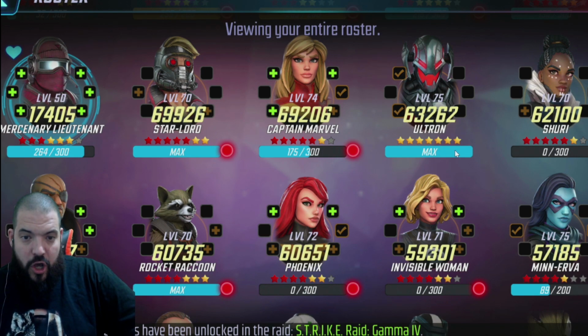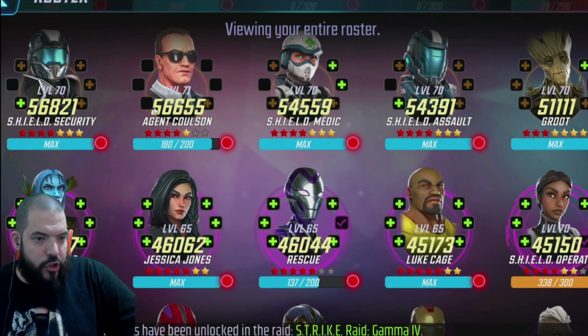5 red stars on her. Ultron at 63. Shuri at 62. Nick Fury being blocked by myself at 61.9. Rocket Raccoon there at 60. Phoenix at 60. Invisible Woman at 59. And Minerva at 57. Then we've got Shield Security, also gear tier 13 by the looks of it, with quite